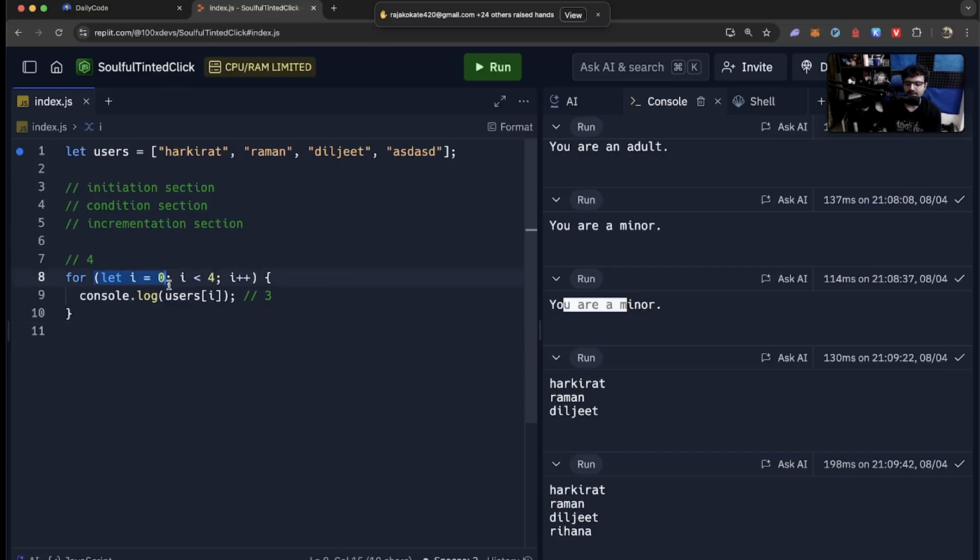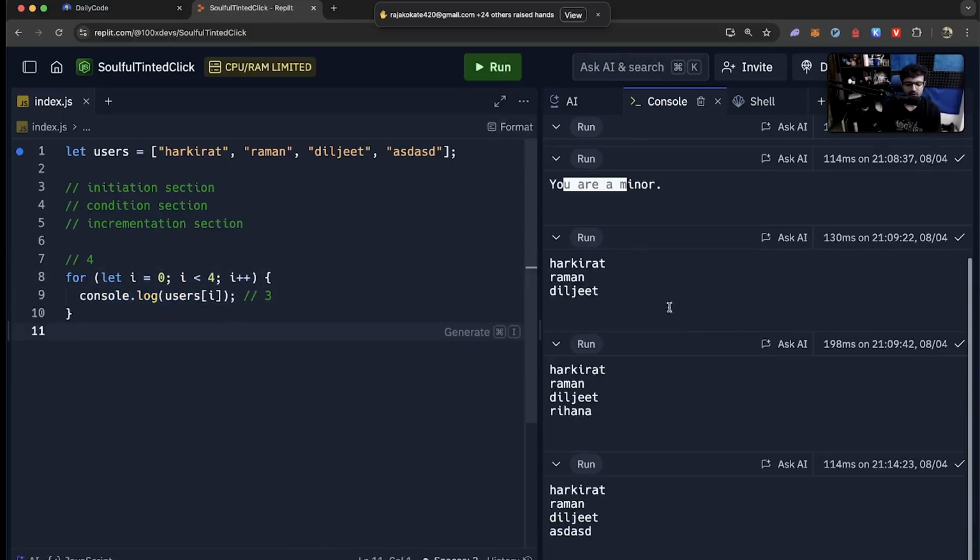Every language has an initiation step and a condition step, and then something you do after every loop. This is something you do before a loop runs. Only if this returns true, you run the loop. This is something you do after the loop has run. And then again you check the condition, run the code, condition, run, so on and so forth until this condition is not met.